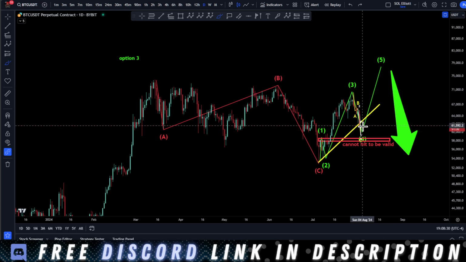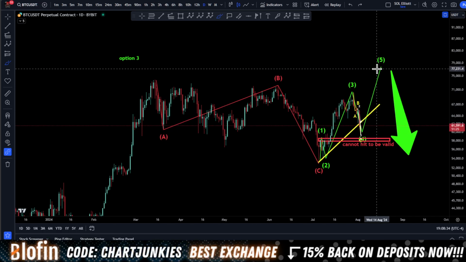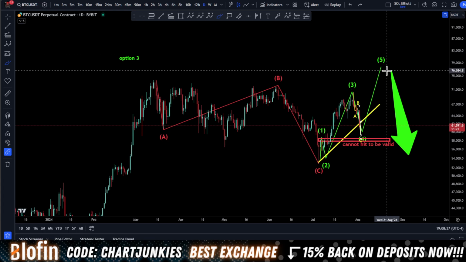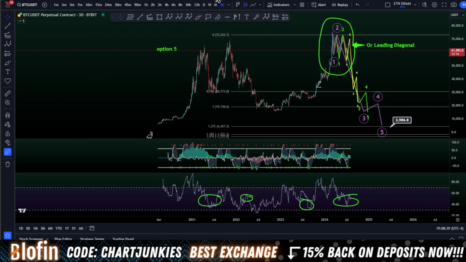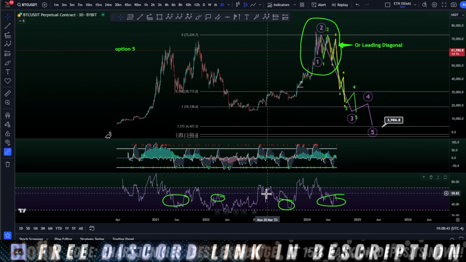Where we are in the middle of a sharp wave 4. We're taking out the highs. Why is this my favorite option? And then we come down. Because as we look on this chart right here, disregard everything I have drawn up and let's focus on RSI